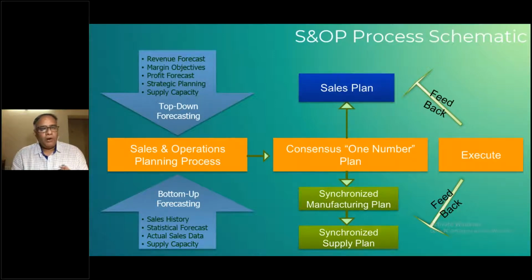So it can be supported by bottoms-up forecasting, where your sales history gives certain indicators, all the statistical forecasts of the last couple of years, or at least 6 or 9 months, give at least the bottoms-up information on how you can enhance your complete database, plus your actual sales data that is happening on a month-on-month basis. And here it is also important to build up supply capacity, because of the latest example